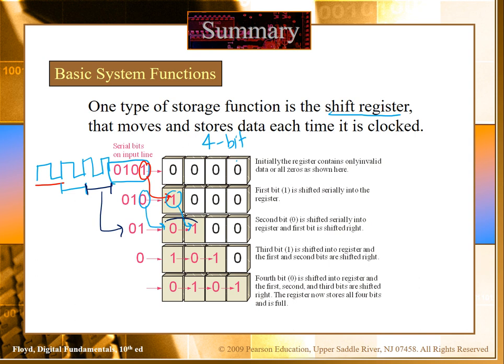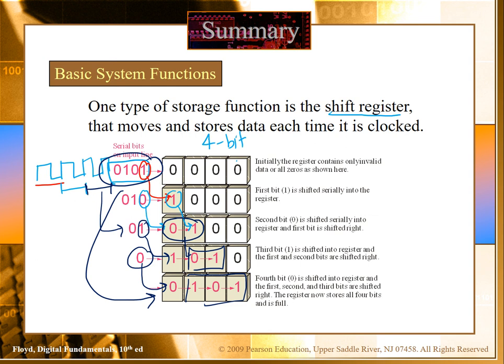we get these 2 bits. These 2 bits will be shifted towards the left, and we will have our next bit here, and then again these 3 bits will be shifted towards the left, and we have our remaining bit here. So initially we have 0, 0, 0, 0, then we have our actual stored data in the shift register. Basically we have to perform the shifting operations. So we will learn how we can actually implement this shifting operation.